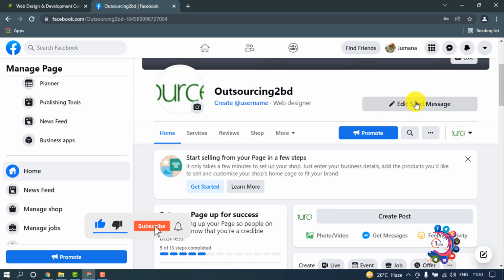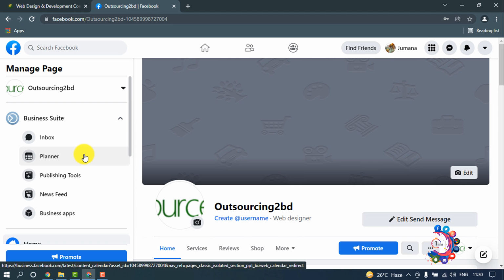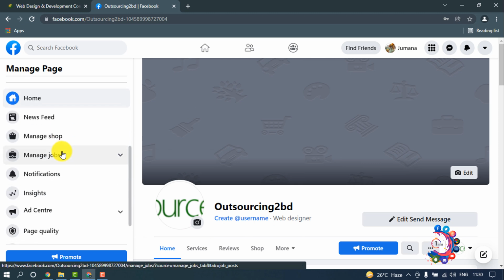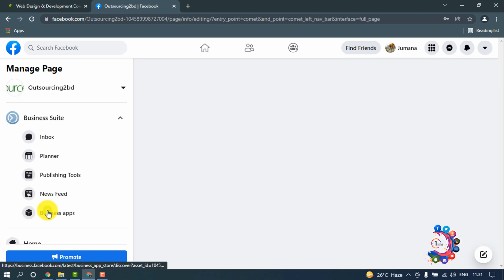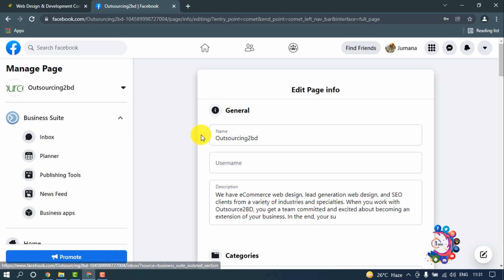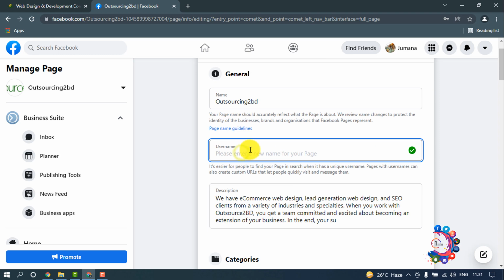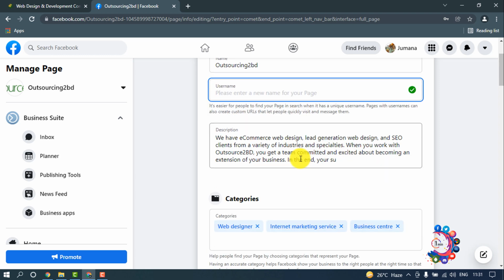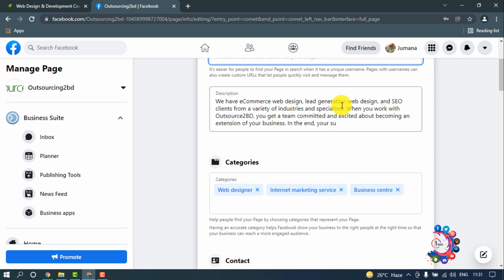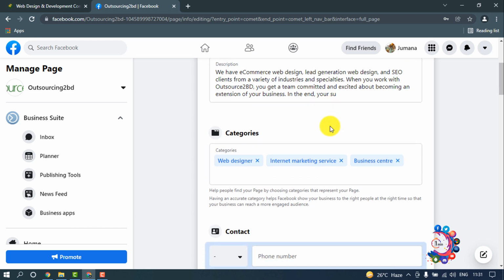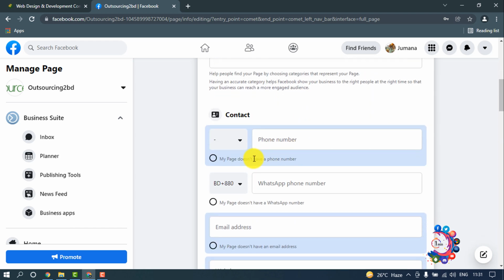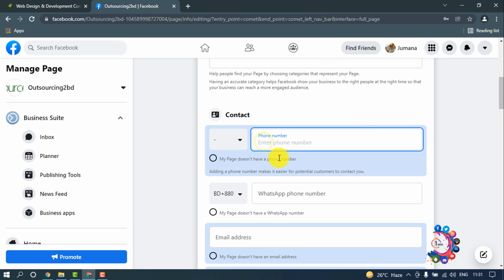Here we can see a message button has been added here, and if you want to edit your page, you have to click on this edit page information option. And here we can see my page name here, and here I can change the name of my page easily, and here I can add username, and this is description. We can change these options easily, and the categories, and here we can add contact number,